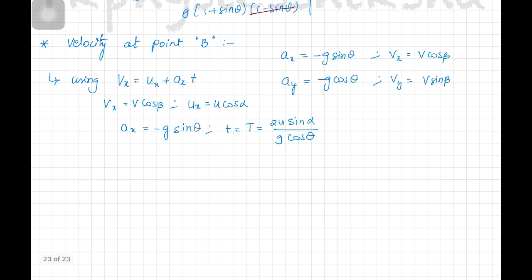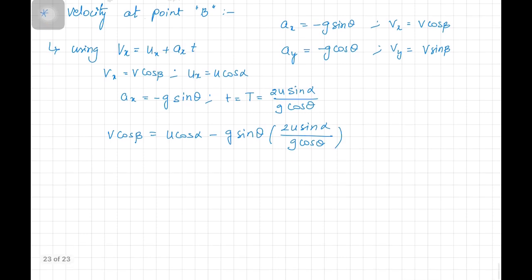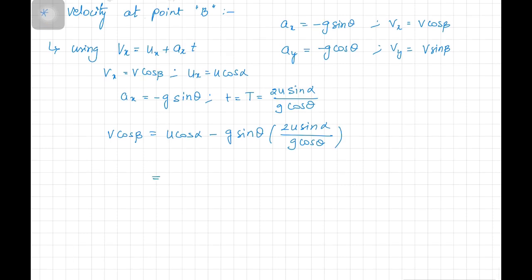So on substituting all these values, what I get is v cos beta is equal to u cos alpha minus g sin theta into 2u sin alpha by g cos theta. This is the equation we will get here. On simplification, v cos beta, which is the horizontal component of velocity, is equal to u cos alpha